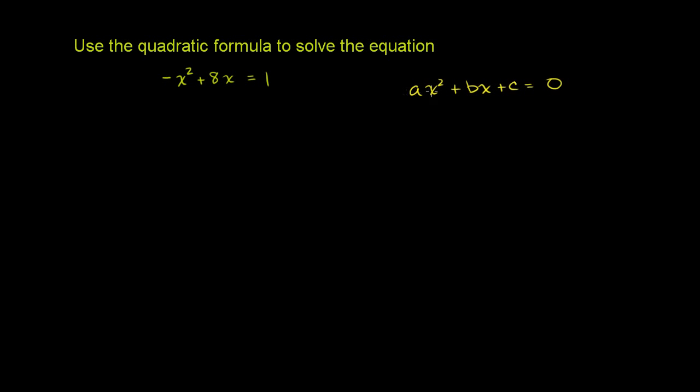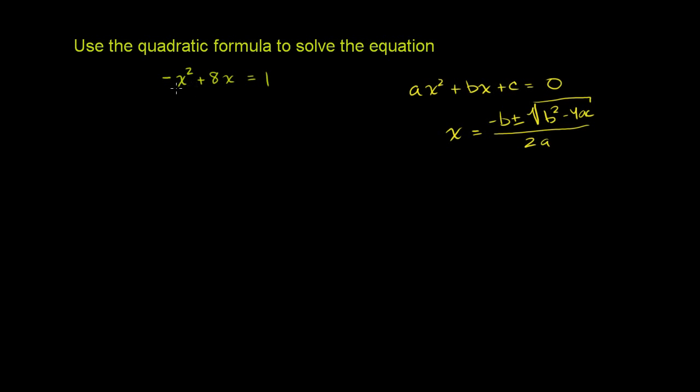And then if we know our a's, b's, and c's, we'll say that the solutions to this equation are x is equal to negative b plus or minus the square root of b squared minus 4ac, all of that over 2a. So the first thing we have to do for this equation right here is to put it in this